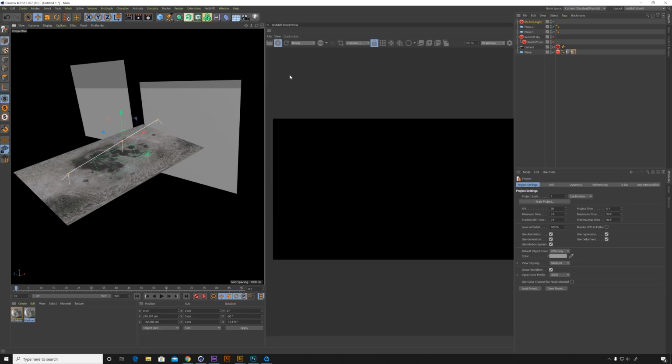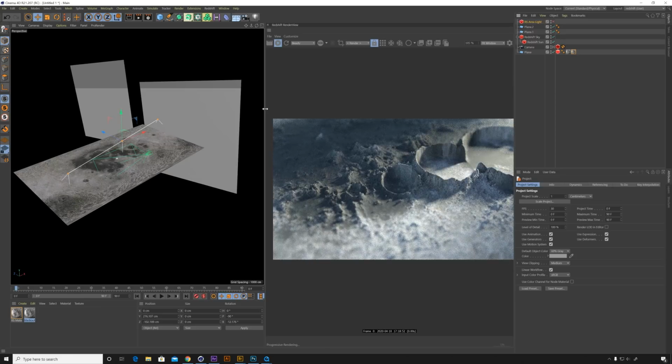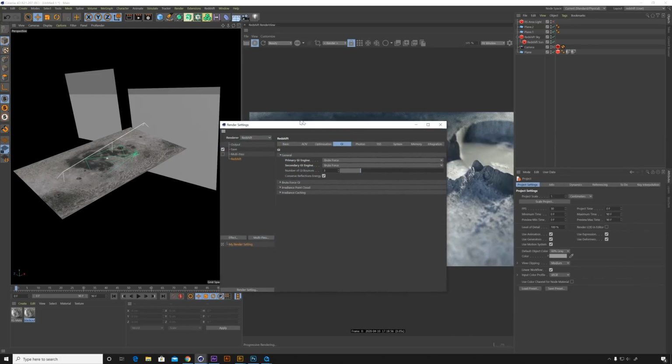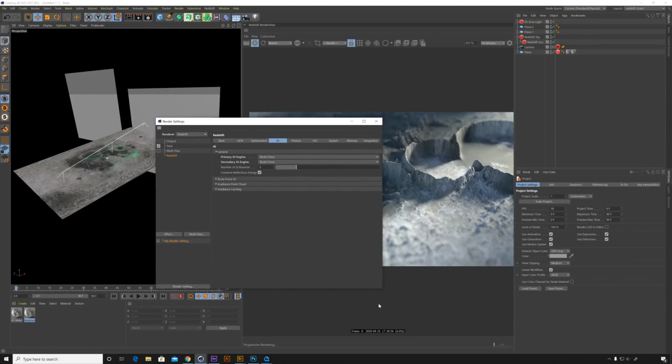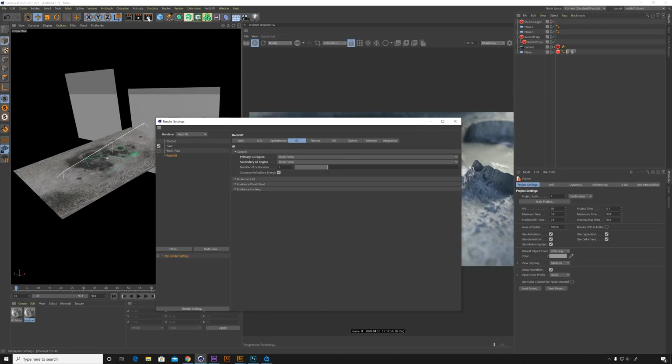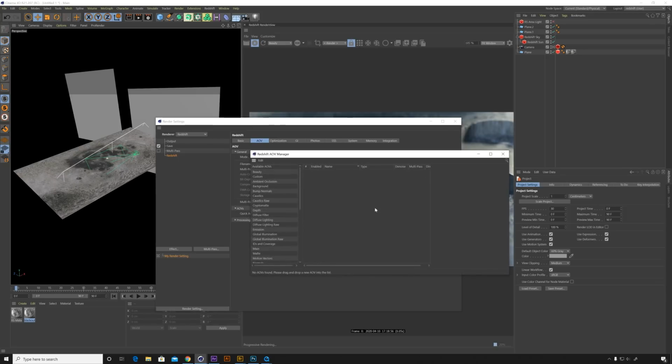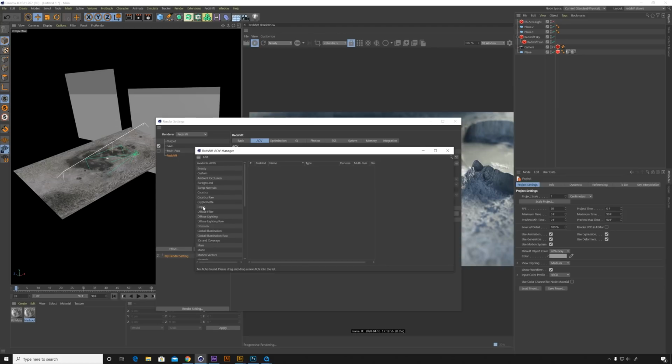I'll click play just so that we can see everything that we've already done. And let's just set up that ZDepth Pass. So let's go into the render settings. You can hit Control B to do that, or you can click up here on the little cog wheel. Under Redshift, let's go into the AOV tab, and under the Show AOV Manager, click that, and then let's grab depth,